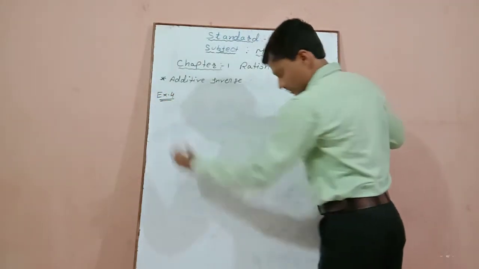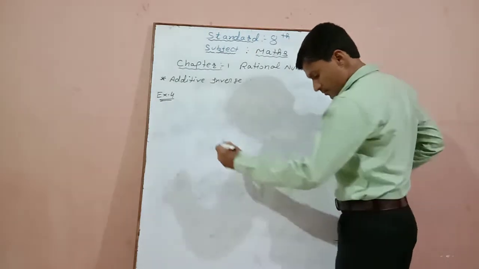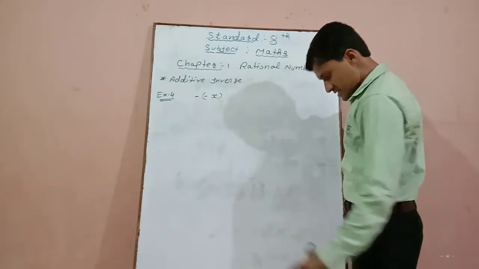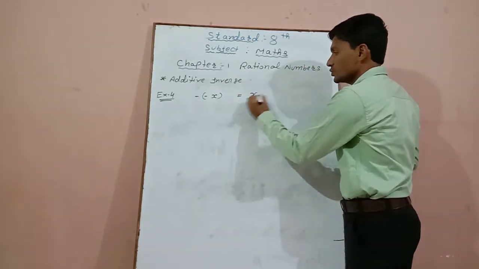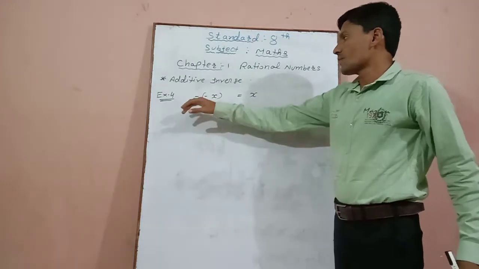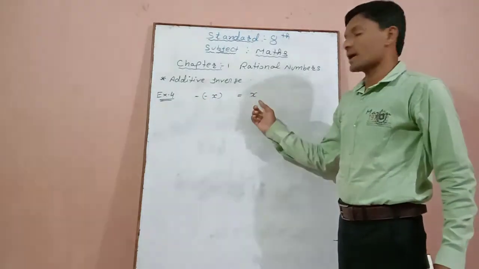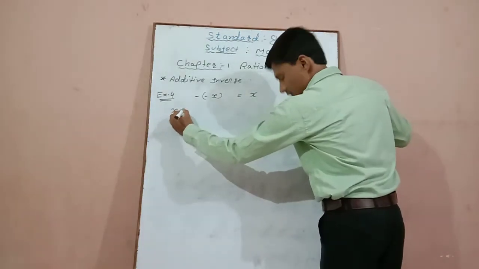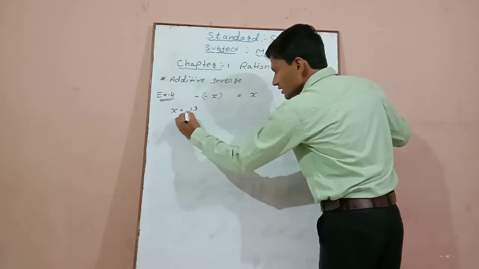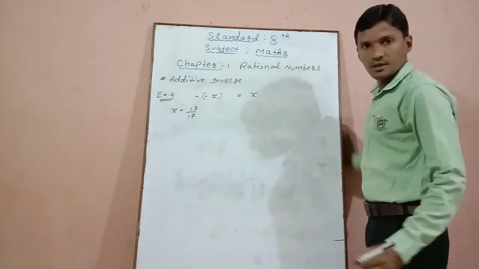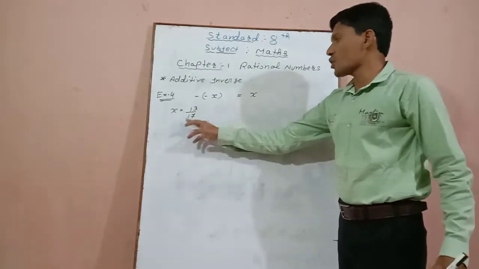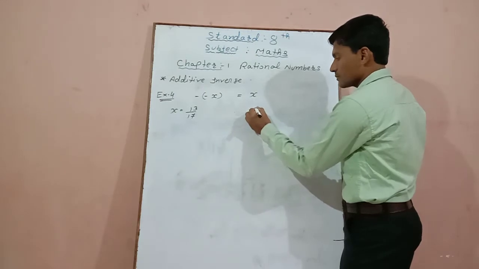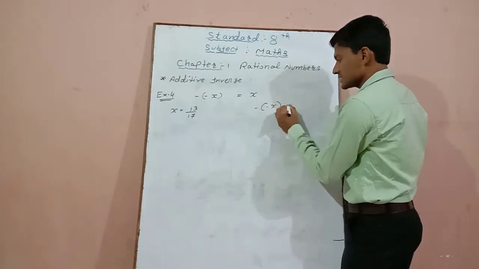Example number 4. Verify that minus of minus x is the same as x, that means it is equal to x. That means we have to prove that the value of minus of minus x is equal to the value of x. So let us start with the first question, that is x is equal to 13 divided by 17. Now this is the value of x. Now we have to prove minus of minus x. So let us start. Therefore minus of minus x is equal to